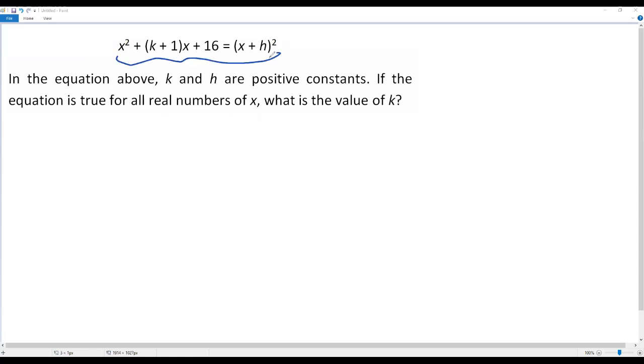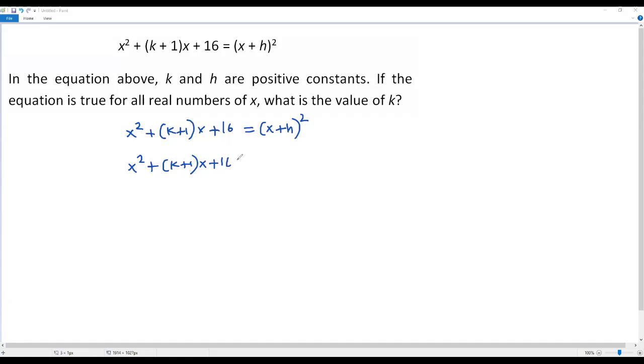Okay, in this equation, we have to find the value of the positive constant k. Let me take the given equation as it is: x² + (k + 1)x + 16 = (x + h)². Now let me write the left side as it is: x² + (k + 1)x + 16 equals